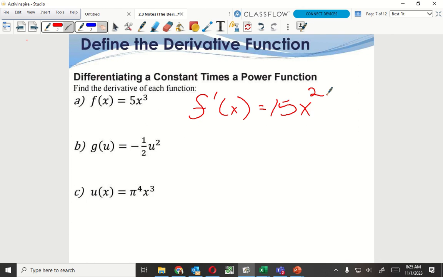All right? What about this one? So this says that I have function g, and I'm taking the derivative of, say, u. U is my variable that I'm going to take the derivative of. So, what would the name of this be? G prime of u. G prime of u is equal to